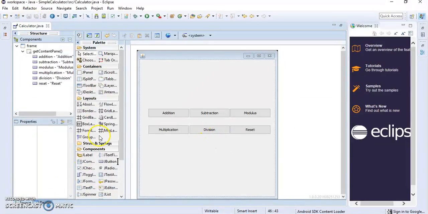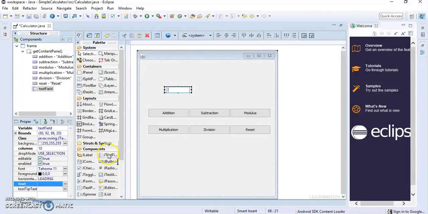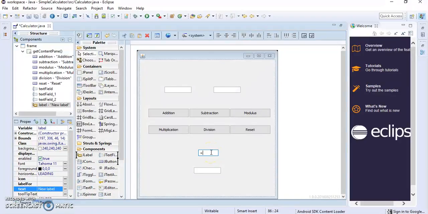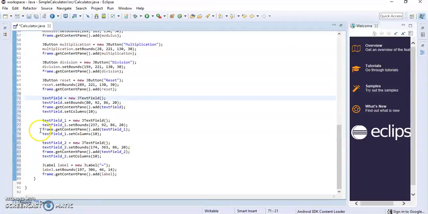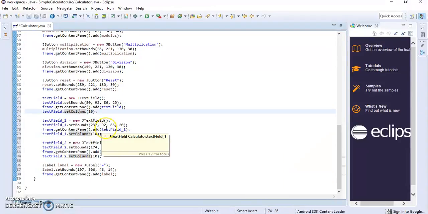There we go. Now we need to create the text boxes or text fields. Here's the first text field. It's going to carry the first value. Here is the second value, and here is the result. And we will need a label for the equal sign. Let's name it from here, equal. As you can see, the text fields are created for you. The first text field will have, let's say,